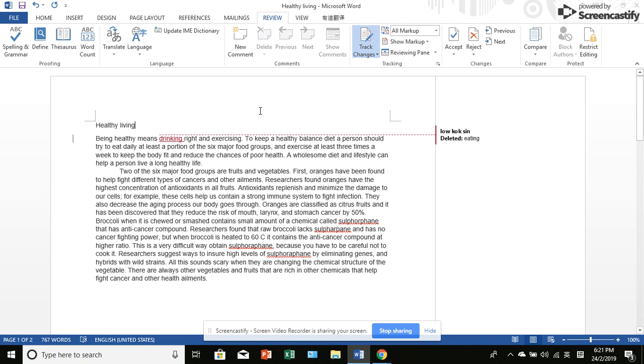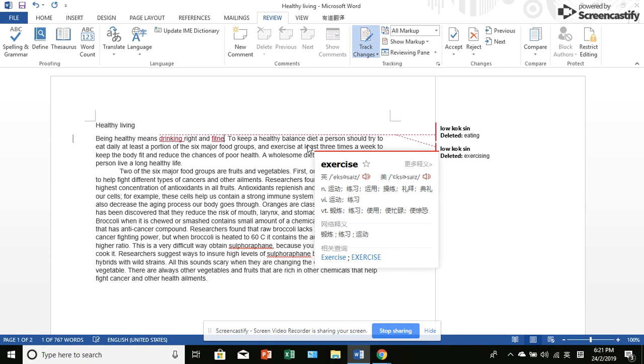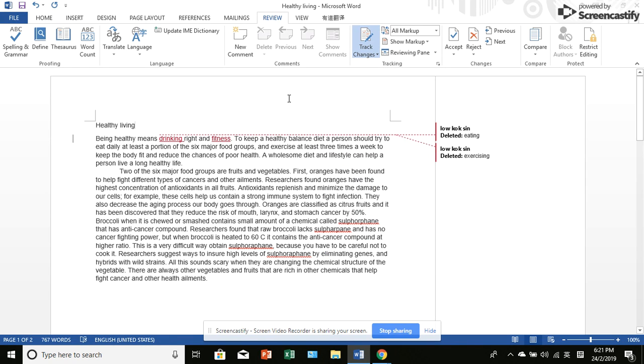I can do something down here. So now we have two edits in the document, and we can see them. If we find it difficult to work in that view,